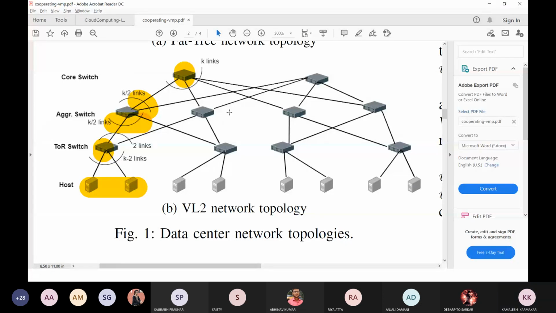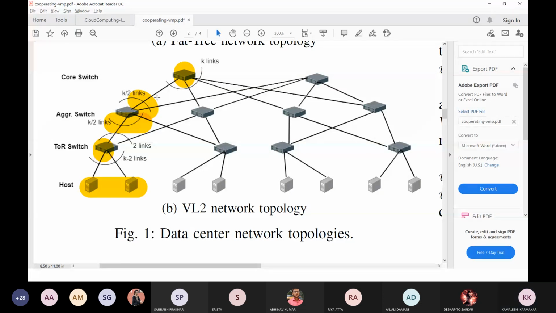Every core switch is connected with aggregation switches. So how many links are there? This is being used to connect, as we have k number of links.